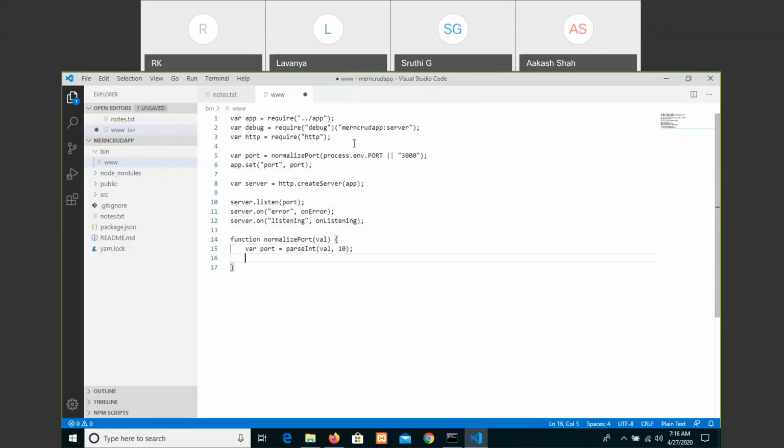If it is NaN, that is, if the value is not a number, then return val. That is, if the port number is not a number, then return val.